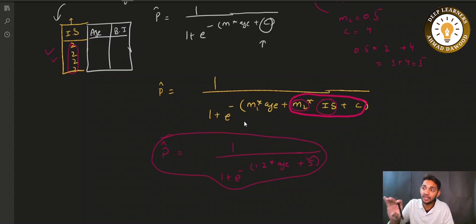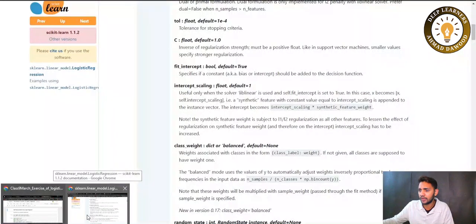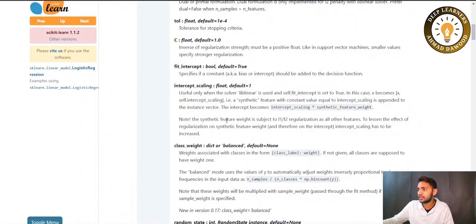In this way, this parameter works. It will add some constant value with each instance, and then you will have some weights also for that intercept scale value, and overall it can scale your intercept. Okay, in this way intercept scaling actually works. Okay, come back to our session. Now, they also have mentioned that if you use synthetic feature weight, that our weight was